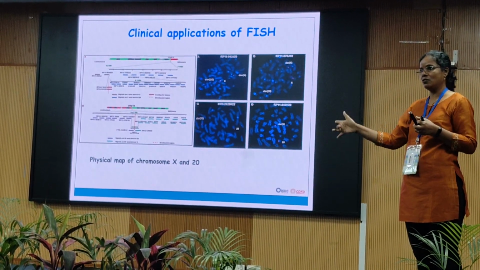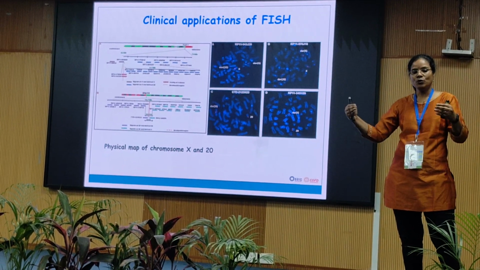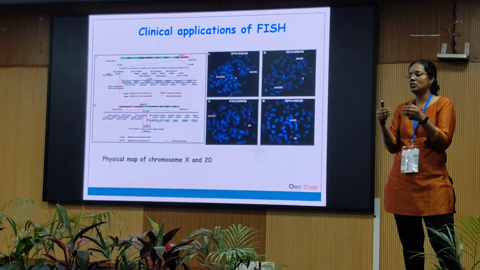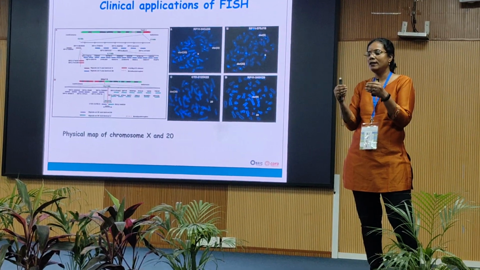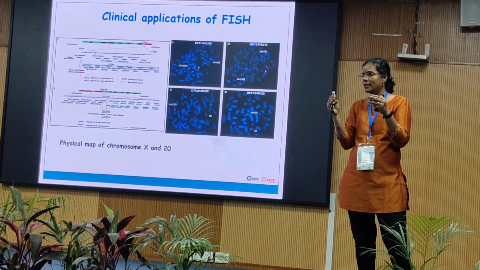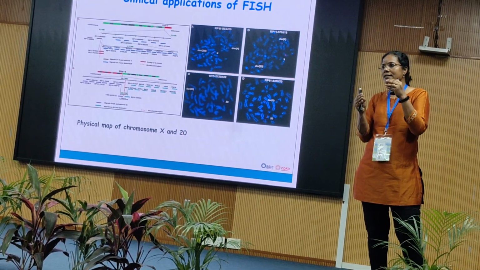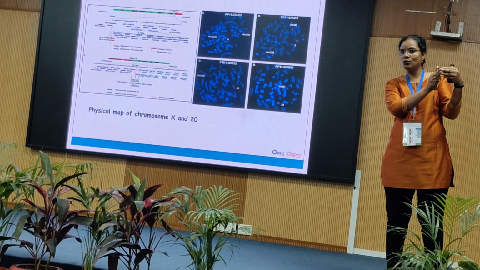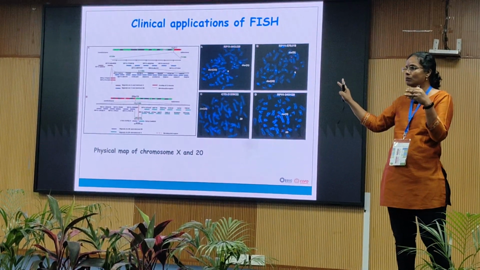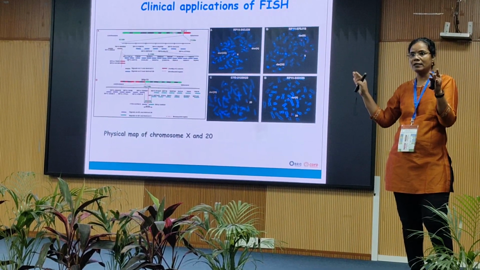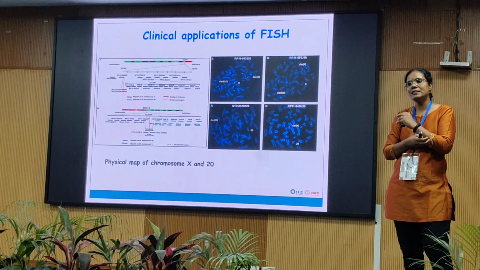So likewise you come, it is called chromosome walking. You come here and there will be a position where there will be a split signal. What is a split signal? On chromosome X, you are taking one FISH probe, and when you do FISH, half of the signals are present on chromosome X and the other half are present on chromosome 20. That is called a split signal. That means the breakpoint is close by. Understood? So that is how the mapping studies take place.